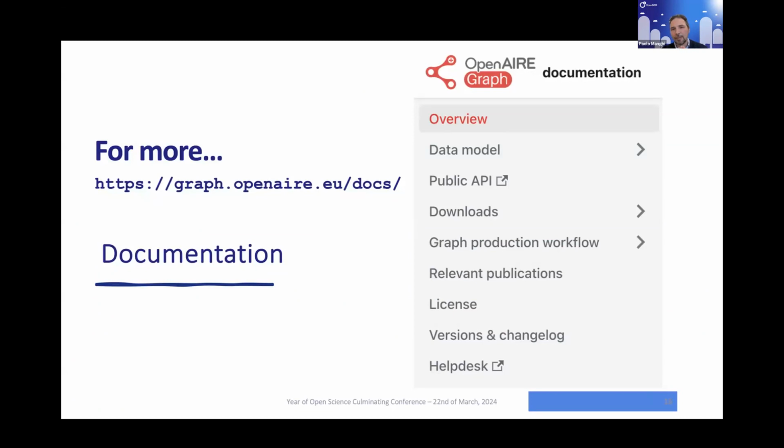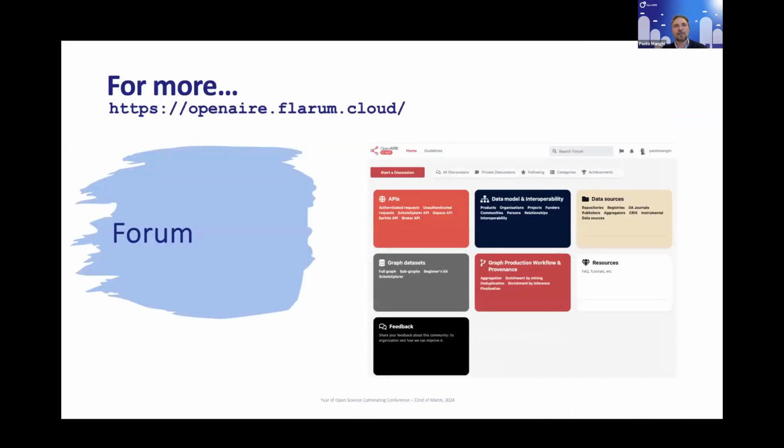You can dig into it to better understand what we do in every single phase of the production chain that I described, the data model, the APIs, some whys of our choices, because these have to be clear, the deduplication, how we produce stable identifiers, and so on. So we try to be as transparent as possible. But if you have questions, come here.